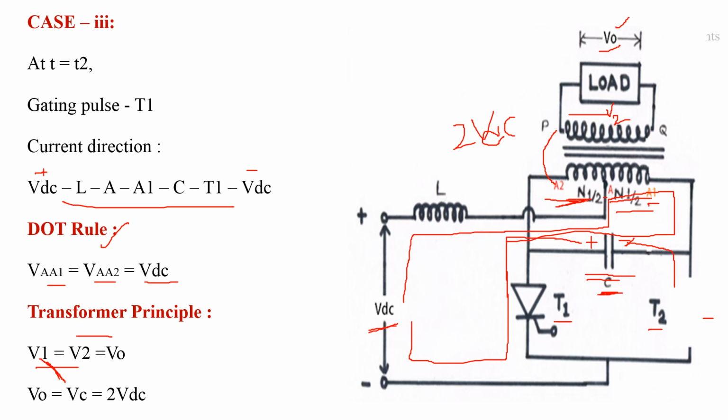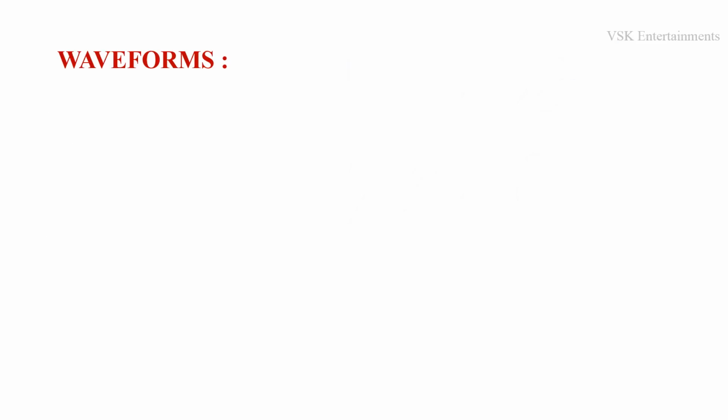Now by using this analysis we are going to draw the output waveforms. The working of parallel inverter is very simple, that is the primary winding of a transformer is divided into two parts. Due to the flowing of current in one part, the same amount of input voltage appears across that part, and according to the dot rule, the same amount of voltage is induced in the remaining part of the primary winding, and the total primary winding voltage is the summation of the first part winding voltage and the second part winding voltage,